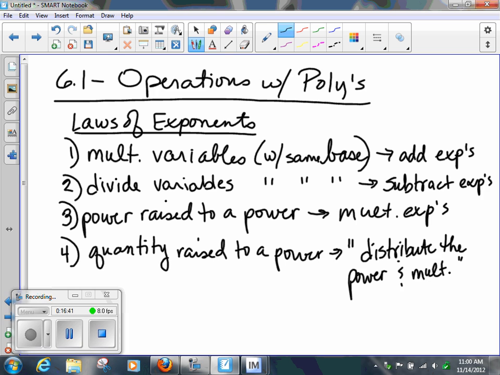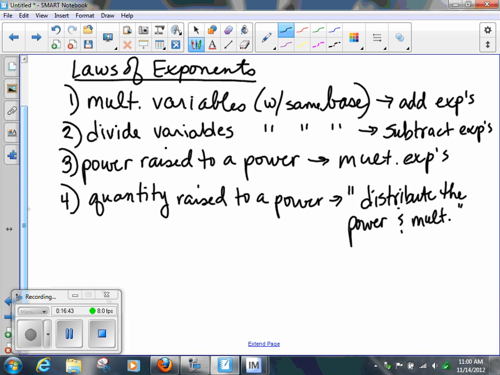Folks, I'm giving you a very quick laws of exponents. If I were to have the quantity 3x to the 5th, y to the 4th, z, and I had that whole quantity raised to the 2nd power,